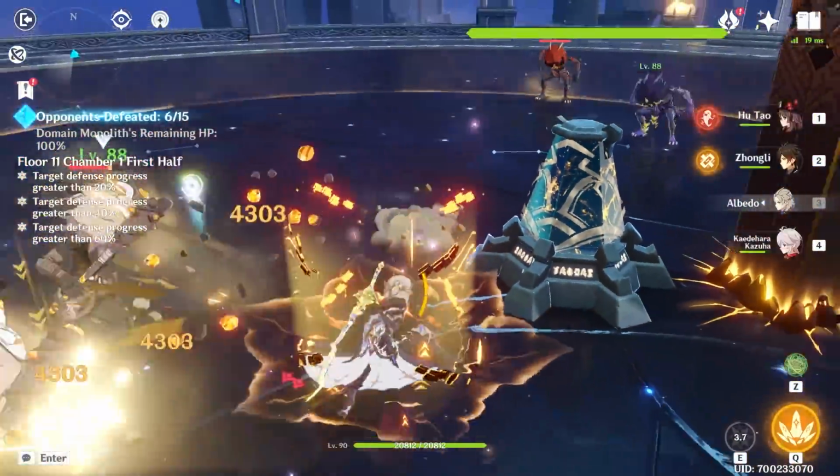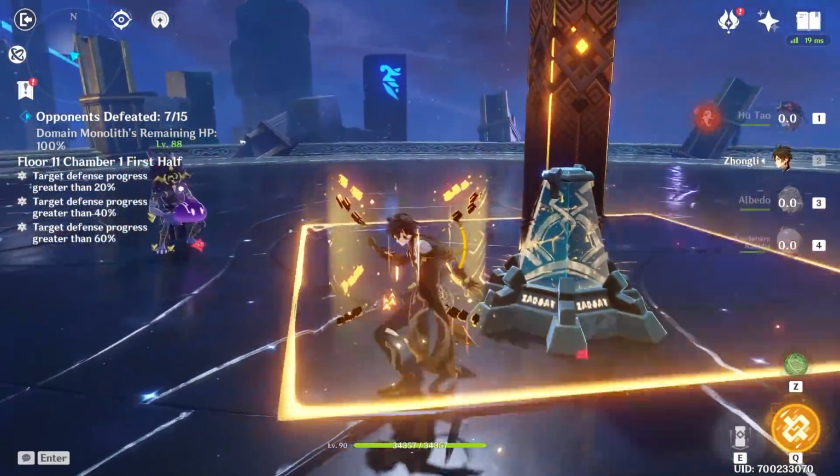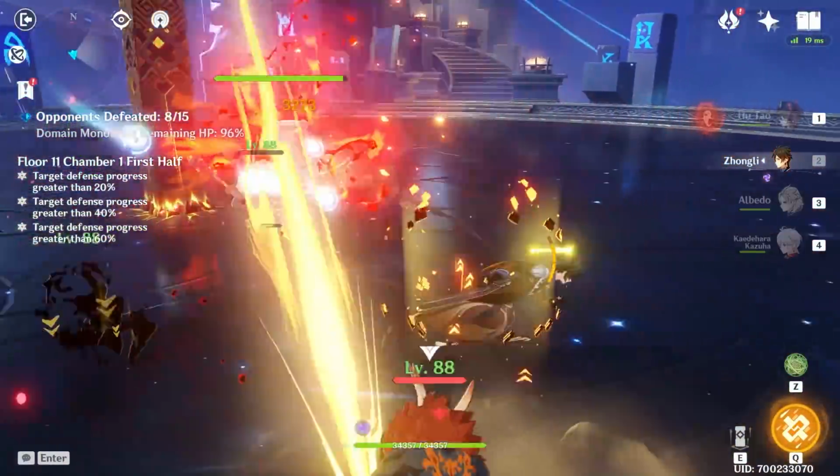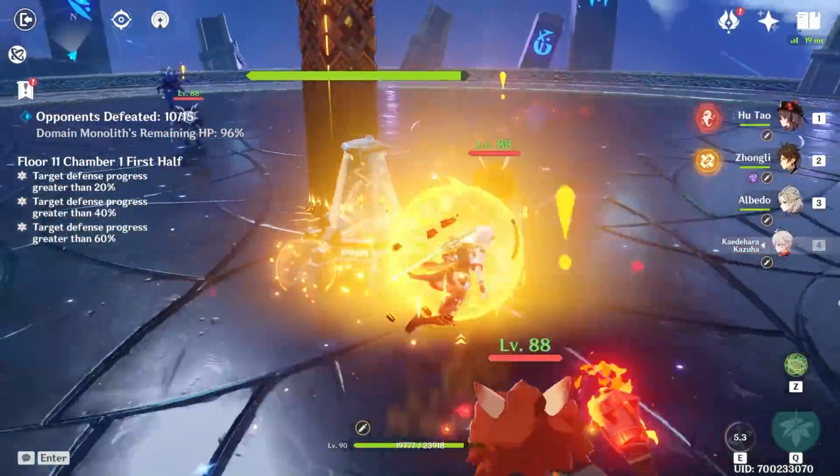Looking pretty good so far. Let's drop down another one. Go ahead and do Albedo's Burst. Get rid of those Geo Shields. We are currently at 100% HP. Looking good. That dude just threw a slime at us. Very annoying. But we only got 5 more enemies to go, so...